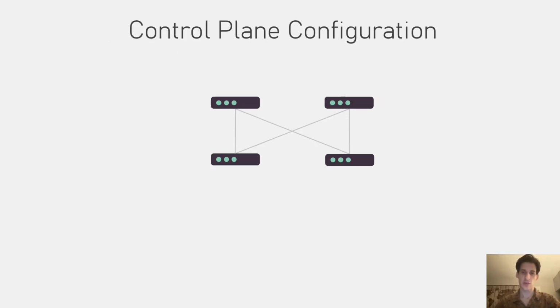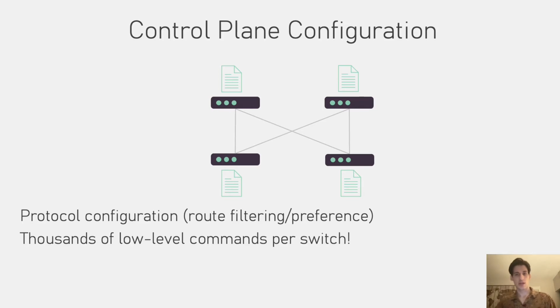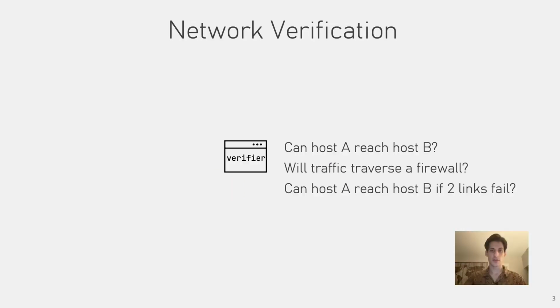The control plane of the network is a distributed system that computes the paths over which hosts connected to the network can exchange traffic. Network engineers issue a configuration for each switch in the network, describing which routing protocols should be used, setting the policy of the network, whether that is filtering some routes or setting path preferences. The problem is that it is challenging to coordinate a distributed system with these local configurations, especially since these configurations are often thousands of lines of code.